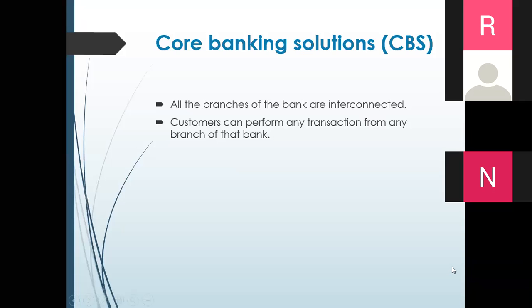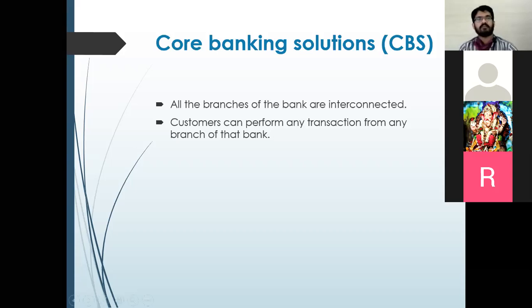So, Rohin, can you explain core banking facility? Yes, sir. Core banking facilities, like we get facilities in one go. Like I have Union Bank, sir, but if I want to transact with others also, then I can transact there also. It is connectivity between all the branches of the bank. Not banks, branches. All the branches of Union Bank are interlinked or interconnected, and you can do transactions apart from your home branch, in any branch, irrespective of whether it is your home branch or not.